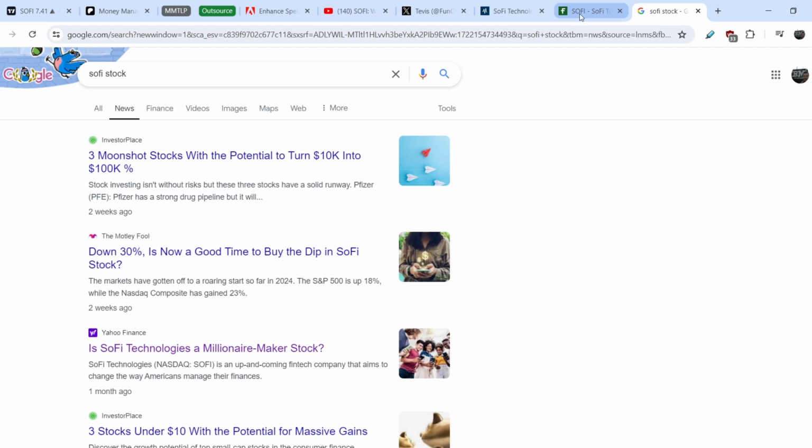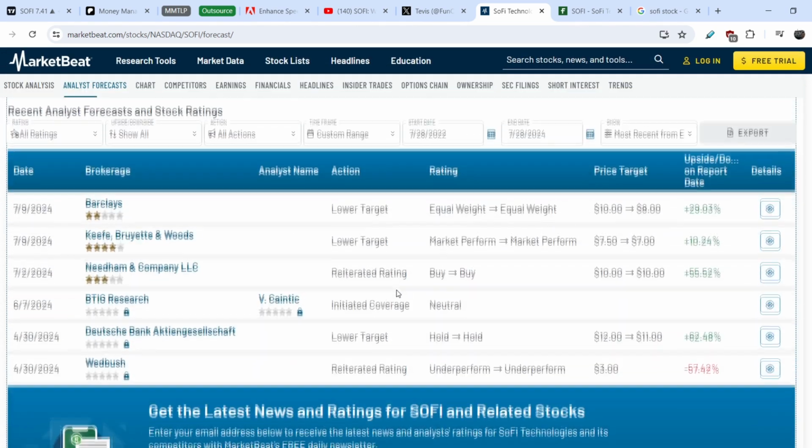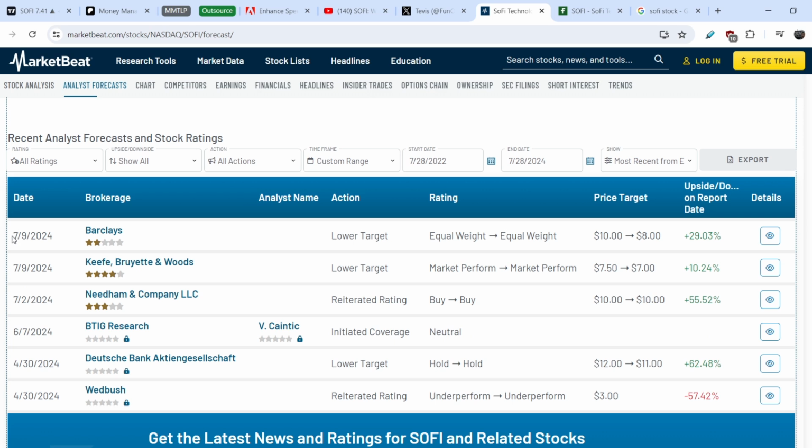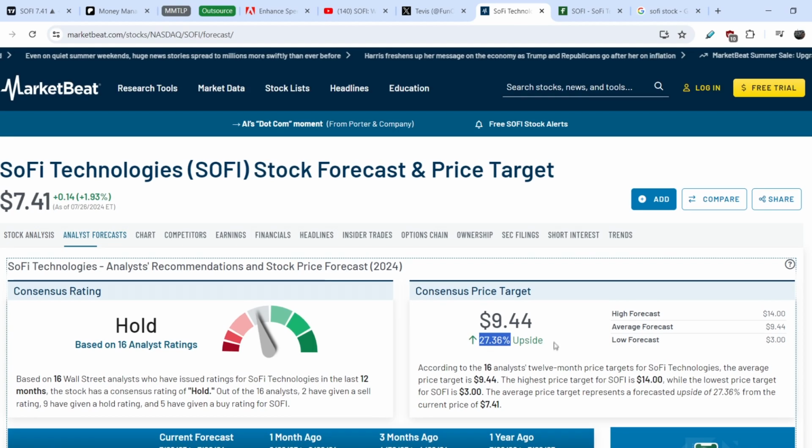But at the same time, guys, if you take a look at the consensus analyst price target, it is still at $9.44, which implies about 27.36% of upside potential. And I have to say that the most recent update was made at the beginning of July, on July the 9th. We have to keep in mind that this price target is a medium-term price target from 12 to 18 months. And that is why, guys, it is not a guarantee that we might hit about $10.5 within the next couple